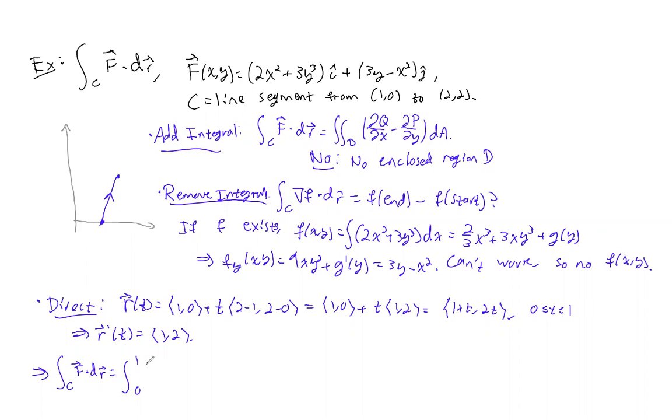The algebra is just kind of annoying, and I'm being lazy. So once you do this, this comes out to, so x is 1 plus t, so this is (2(1 plus t) squared plus 3 times 8, which is 24 t cubed,